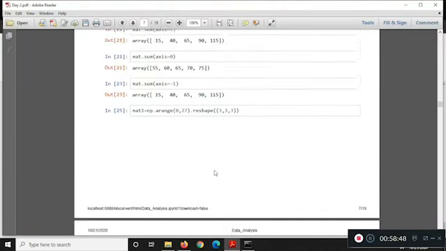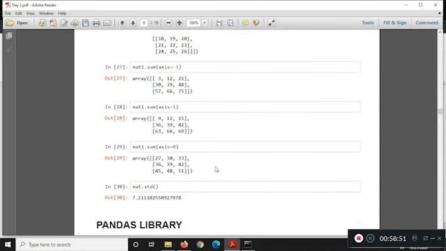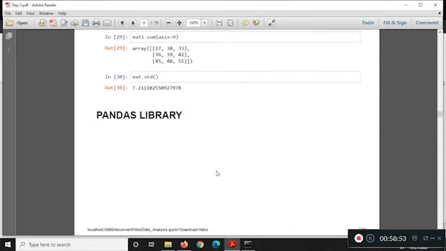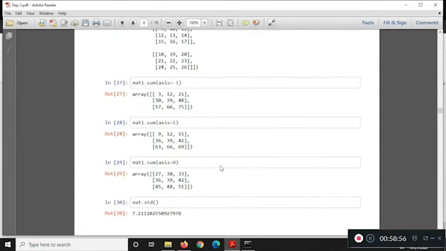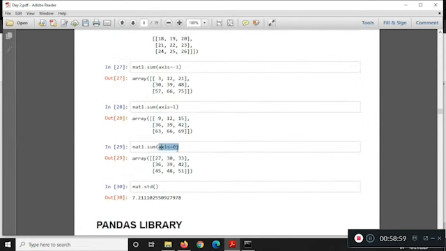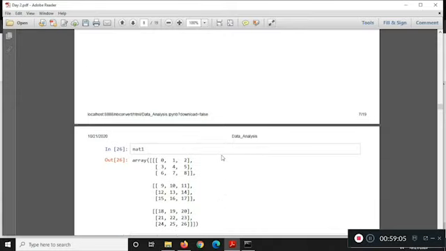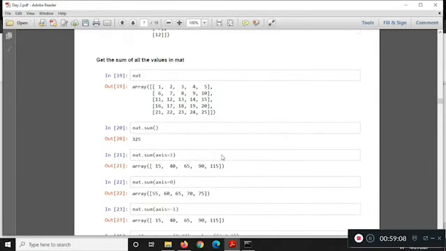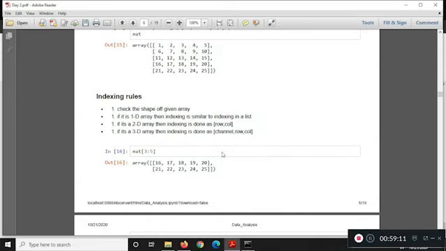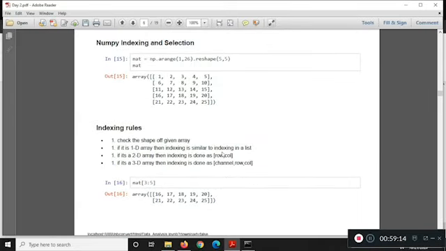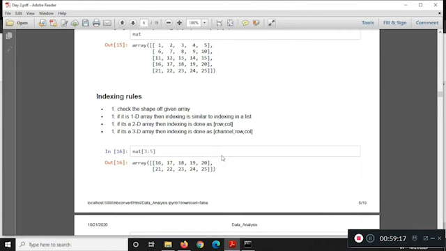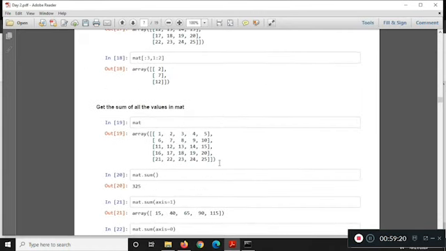Then there is standard deviation, you can find the standard deviation of elements, the sum, the mean. There are so many aggregating functions available which always have this axis parameter within them. How you can use it is up to your task's requirement. So you can refer to this study material to get to know, or you can use it for practice. So this is your first section, and we have dealt with the NumPy library which we have installed. Now in the second section we will